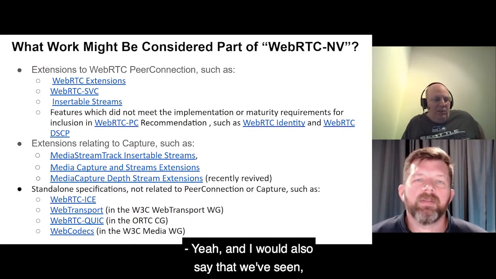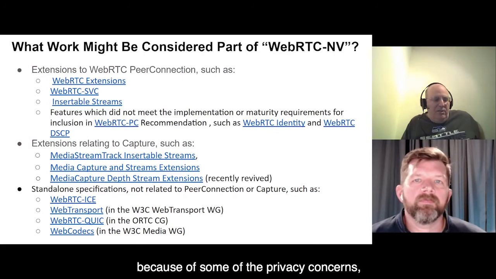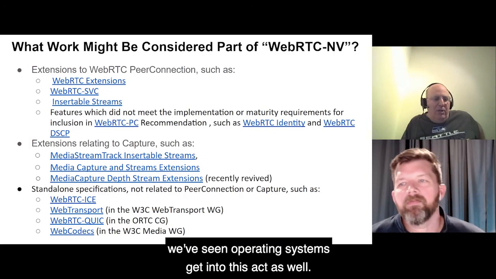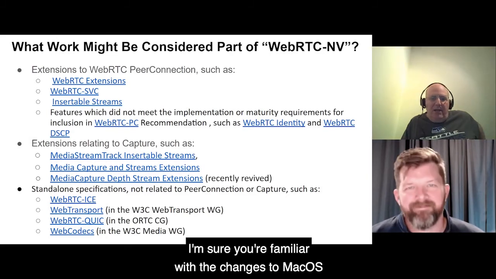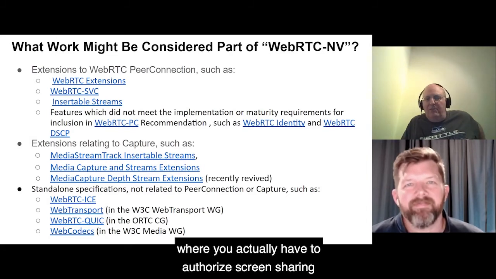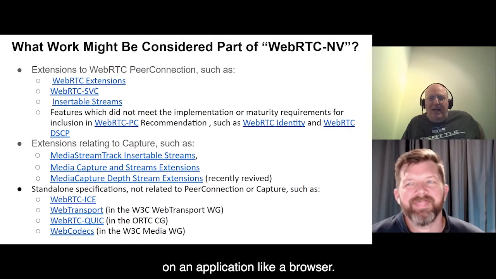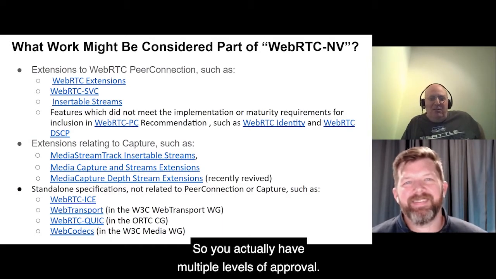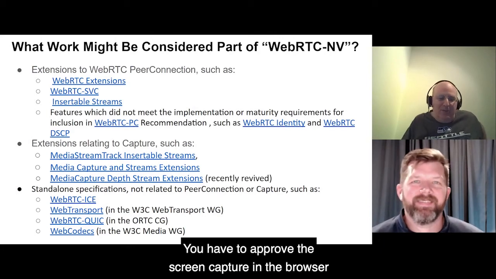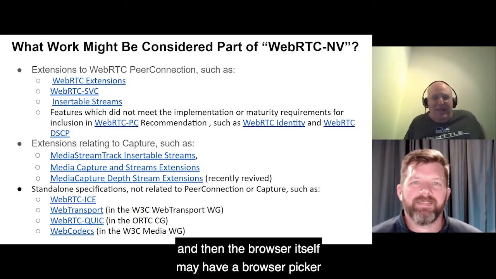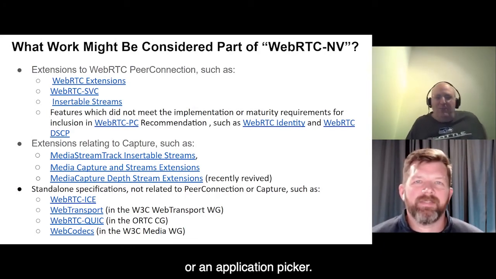Yeah, and I would also say that because of some of the privacy concerns, we've seen operating systems get into this act as well. I'm sure you're familiar with the changes to macOS, where you actually have to authorize screen sharing on an application like a browser. So you actually have multiple levels of approval. You have to approve the screen capture in the browser, and then the browser itself may have a browser picker or an application picker.